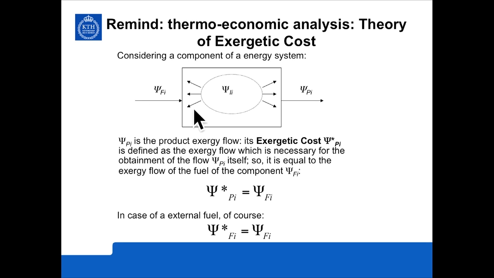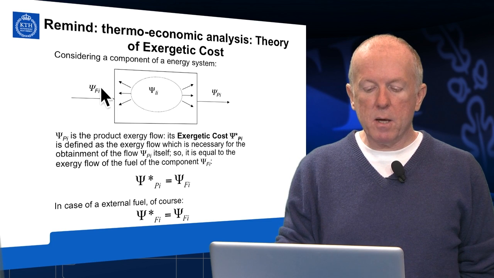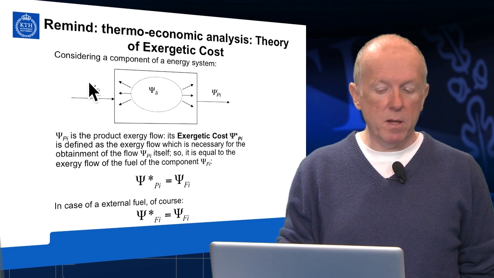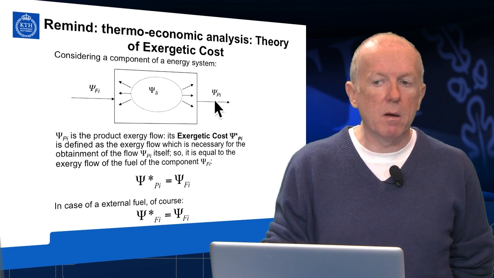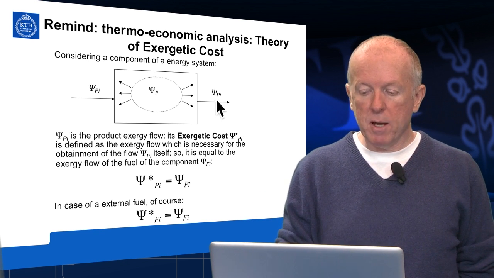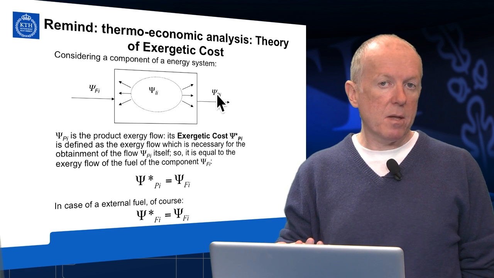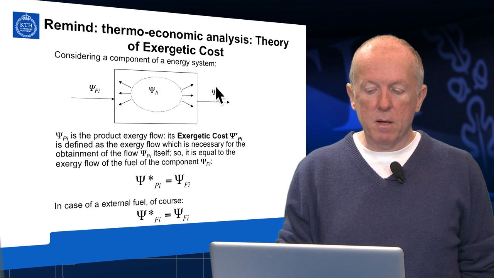This can be a heat exchanger, a compressor, an expander, a chemical reactor, and other components, but it is only one. This component has an input in terms of exergy, which is a fuel. So the exergy flow is the fuel of this component. It has an output in terms of exergy, which, as we discussed in the course, is called the product. The aim in terms of exergy transformation of this component, the real aim, is to produce this